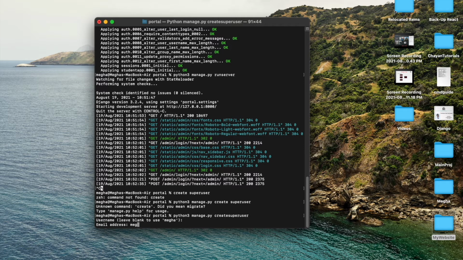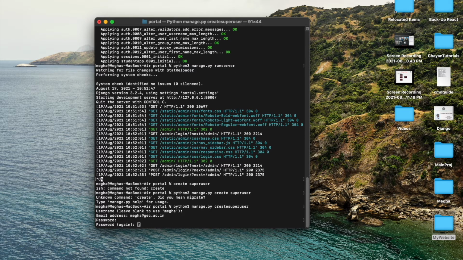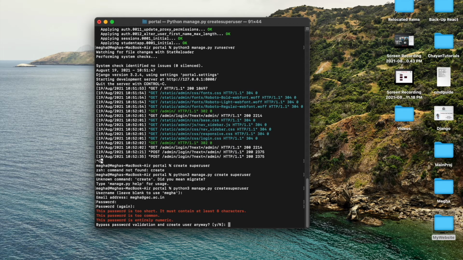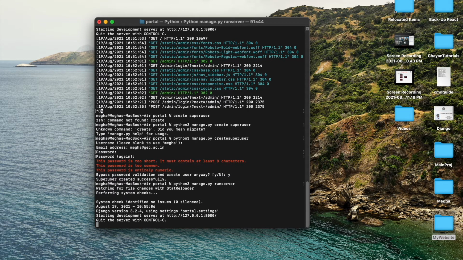And email address I put, okay, password, okay, put some password. Anyway, I'll say yes. So I'll write it down just so that I don't forget. Okay, now that my super user is created, I'll just try running it again and open that